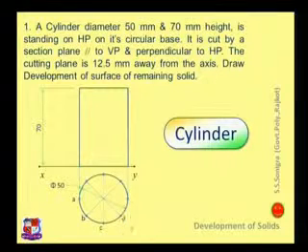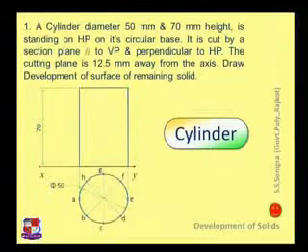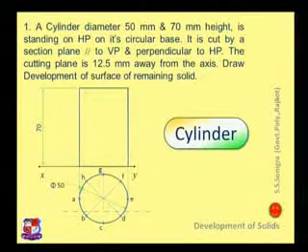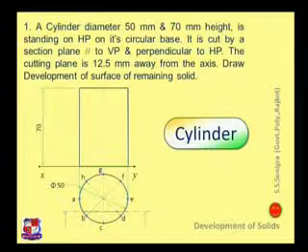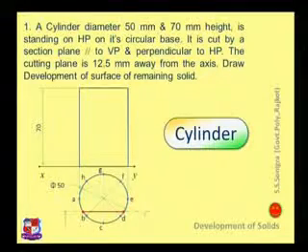These are the sections or imaginary generators over the solid. This is a cutting plane. This one is the cutting plane which is 12.5 mm away from the axis, and here this red colored line is the cut portion or cut section. We are cutting this solid over here. After cutting this, what should appear in the development, that we have to draw. Now cut it along